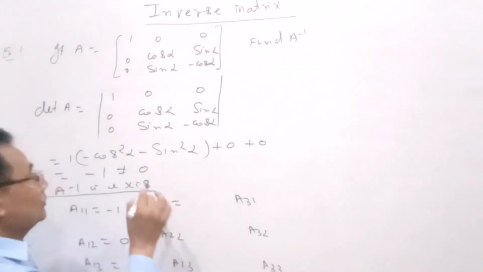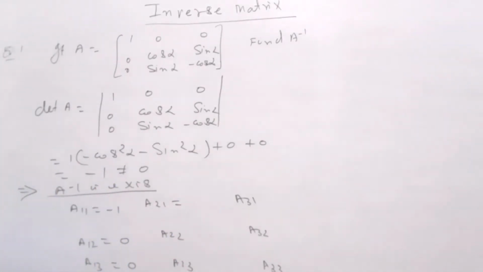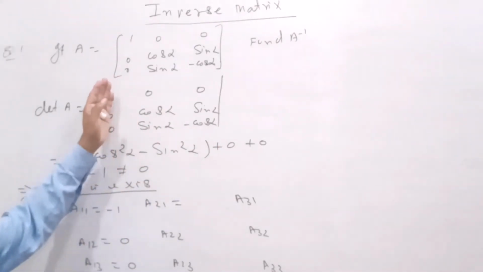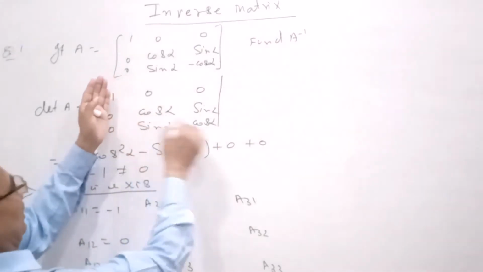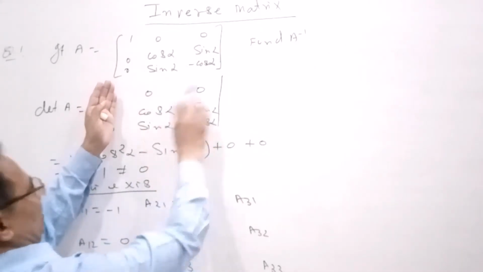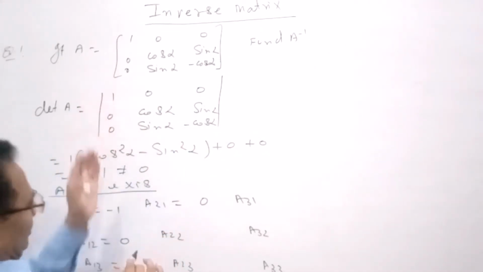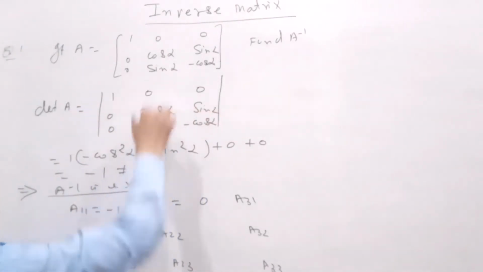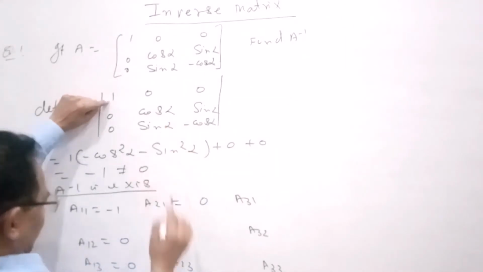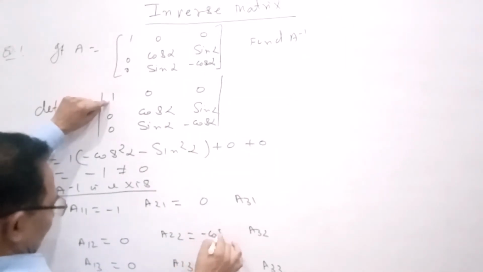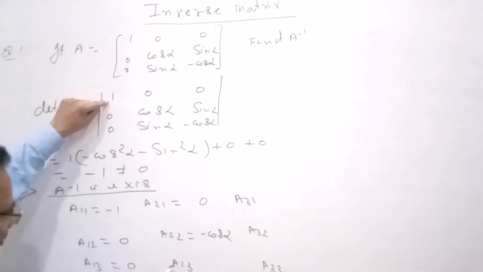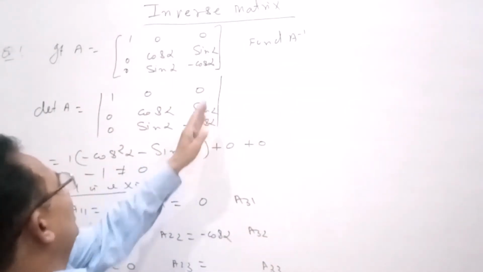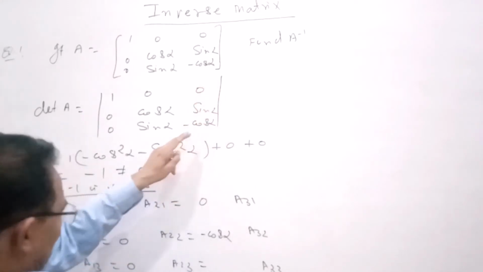Now, the cofactor of the second row by deleting the second row and the first column. That is second row and the first column. This into this 0 minus this into this 0, that is A22. That is second row, second column. This into this, that is minus cos alpha, this is equal to. आपका second row को डिलीट किया, और that is third column.